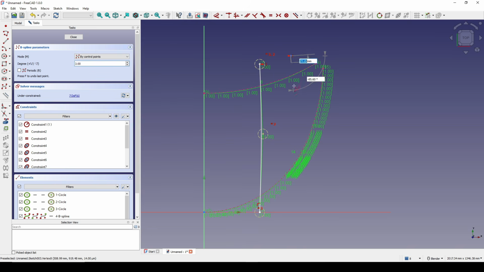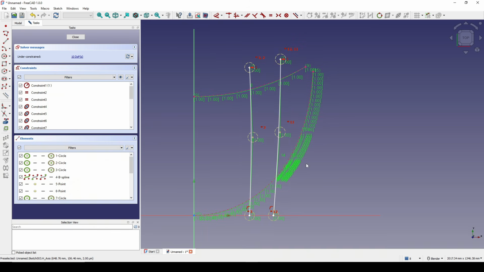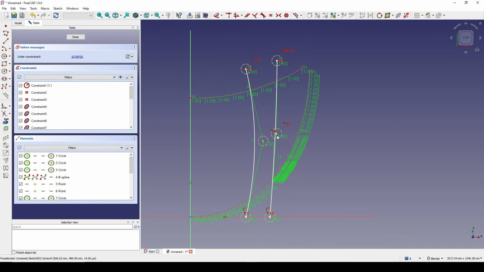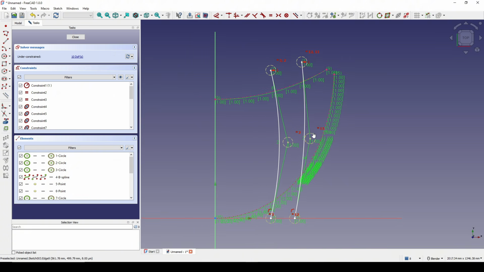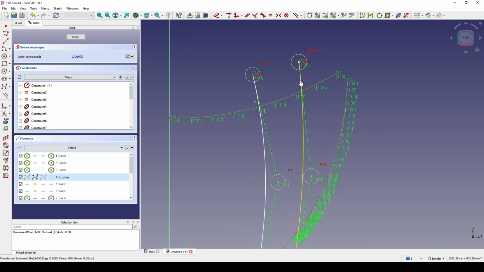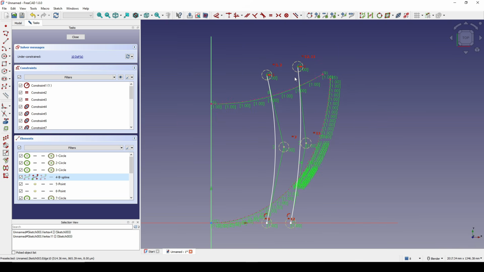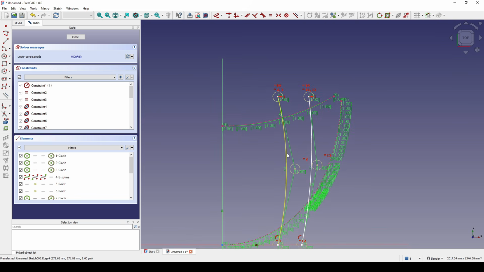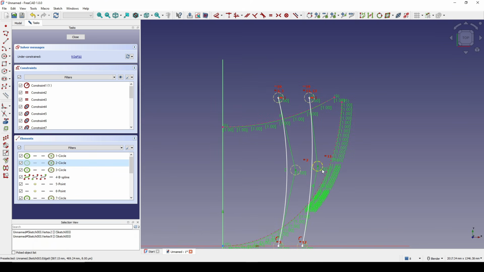Doing the same, 1, 2, 3. Now I bring this point to the right a little bit, this point to the right, and then I can select these 2 points and hit H for horizontal, these 2 points, hit H,